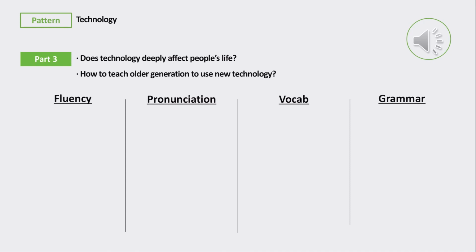So people feel a lot of difficulties if they don't use these technologies. And regarding the method to teach older generation to use new technology is